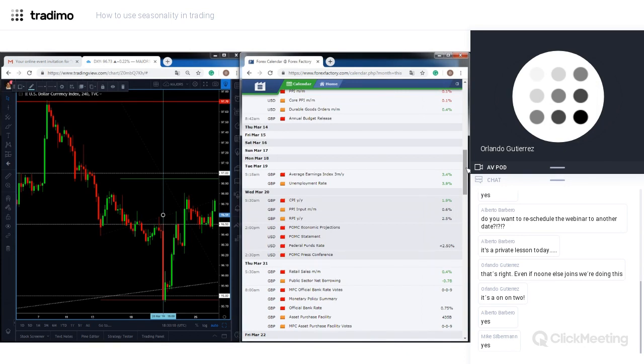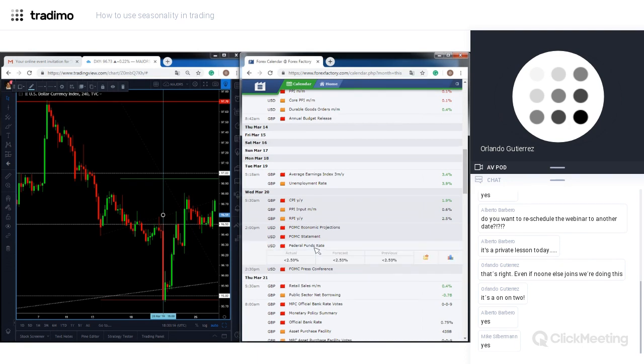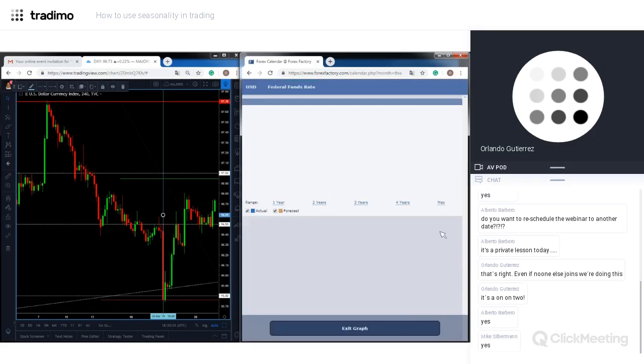Now, the federal funds rate, if you don't know what that is, it's the interbank rate. It's not the rate that applies to you. It's the rate at which the central bank lends money overnight to commercial banks. And if I show you the actual chart of the data,